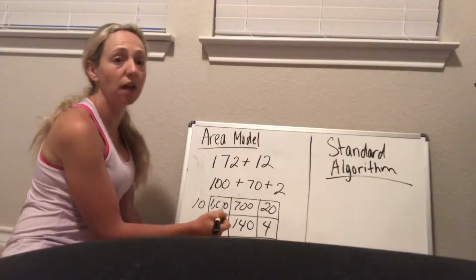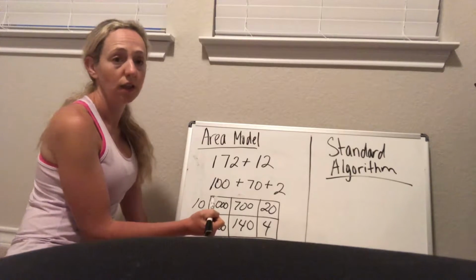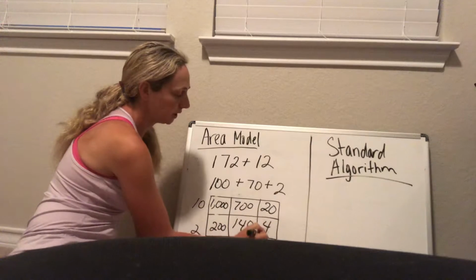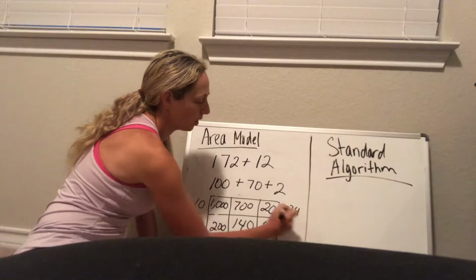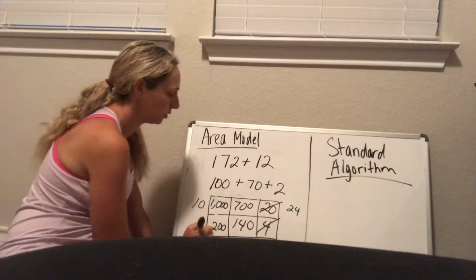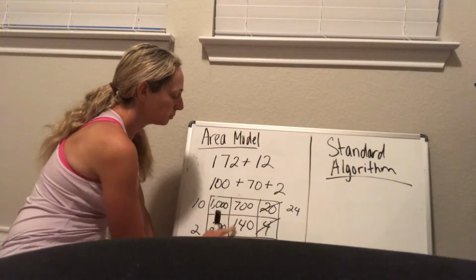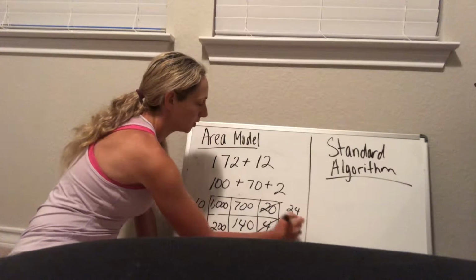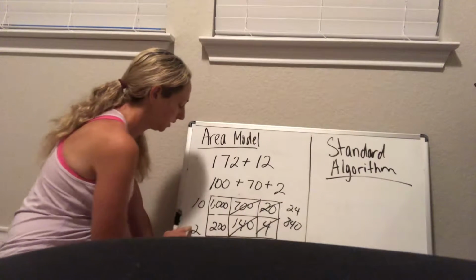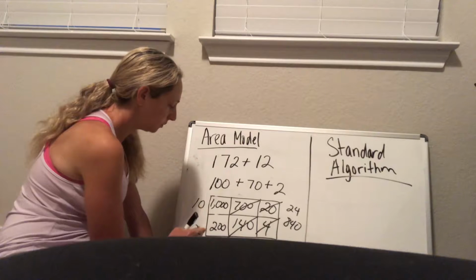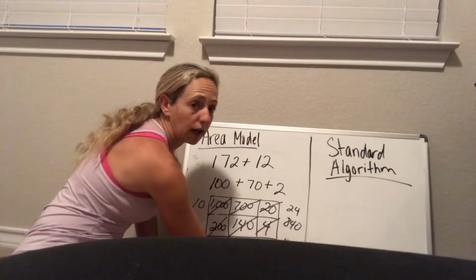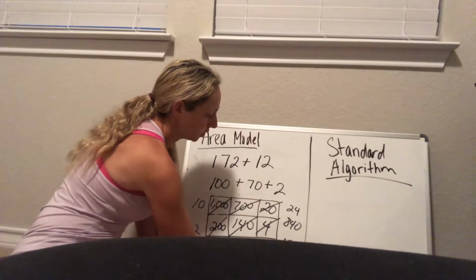So I tell students, add your easy numbers first, and then add them all together. So 20 plus 4 is 24. We're going to cross these out because we've solved it. 700 plus 140 is 840. We'll cross these out. We used those numbers already. And 1000 plus 200 is 1200. So now they will add 1200 plus